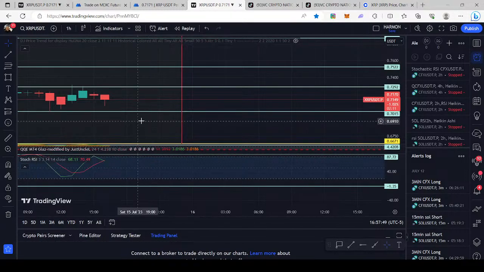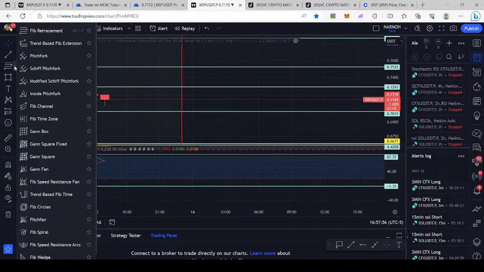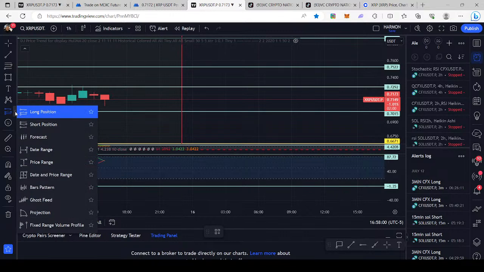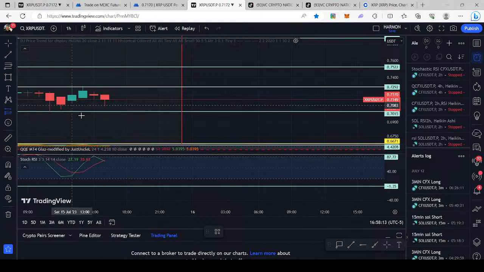So now what I want you to do is go over to your tools, right? And underneath, or above your triangle, or actually below it, you're going to go over to your long position, right? You know how to get that little long position chart? Yes. Okay. So you get your long position,